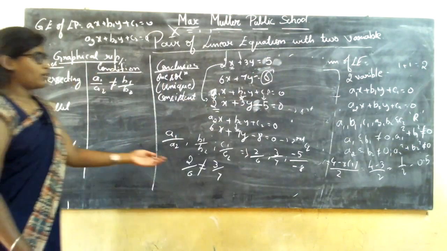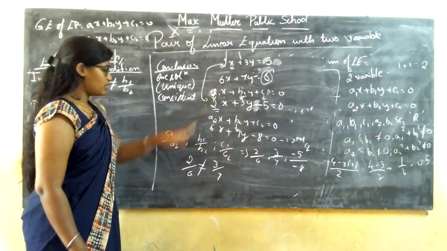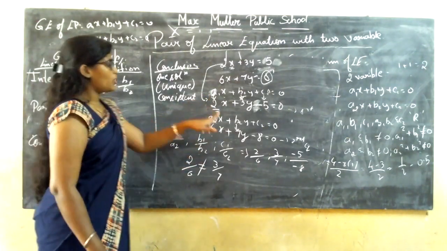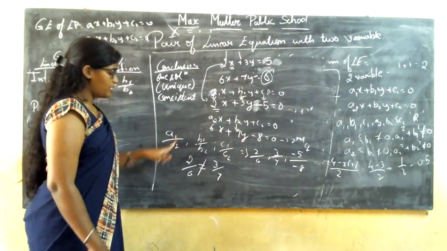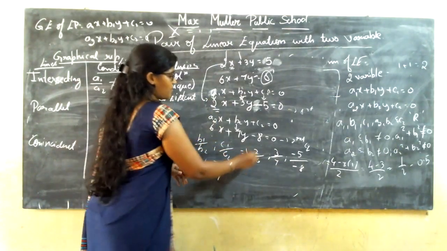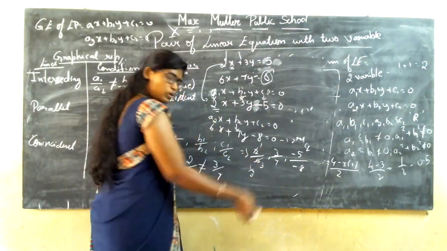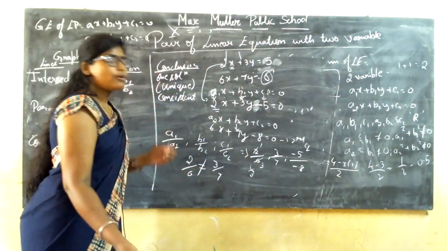Now you have understood how to write the ratios. Whatever the value you have under A1 will be written in place of A1. Whatever the value you have under A2 will be written in place of A2. So it is 2 divided by 6. You can also simplify it as 2 ones are, 2 threes are. So it is 1 by 3 also. You can also simplify if the value